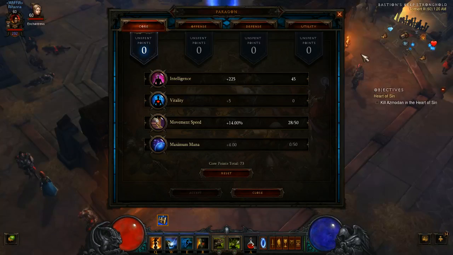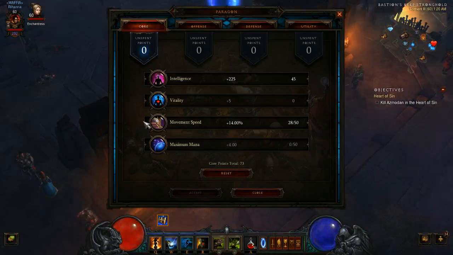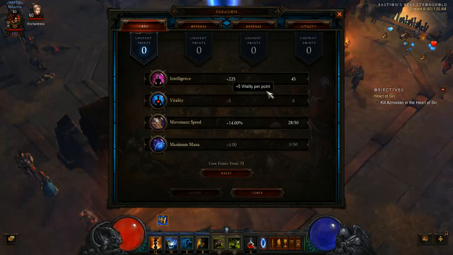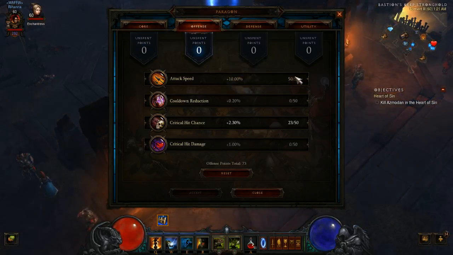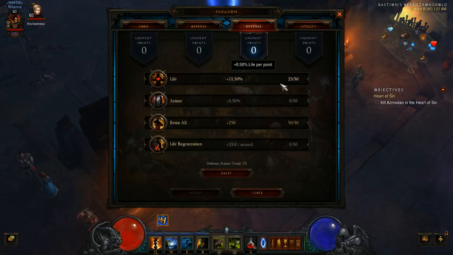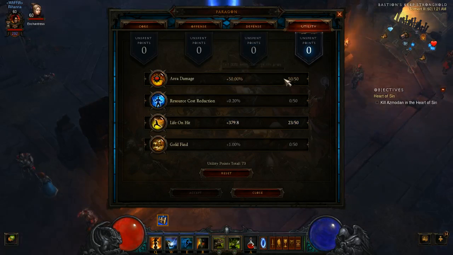As far as Paragon points go, get as much movement speed as you need, obviously. Right now we need 14% with the build that I'm currently running. As far as the rest of your core, I would suggest going Intelligence. If I wanted to try to go do, say, Torment 4 with this build, I'd maybe go with a little bit more Vitality or something like that. Offense, like I said, attack speed's kind of king here, although I would suggest getting up to about 50% crit chance first. So if you need to do that first with your crit chance and your Paragon, do that, then go attack speed. Defense, all res, and then life percentage, and then utility is all area damage, and then life